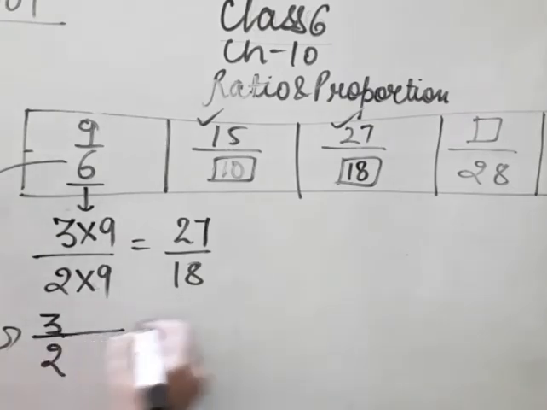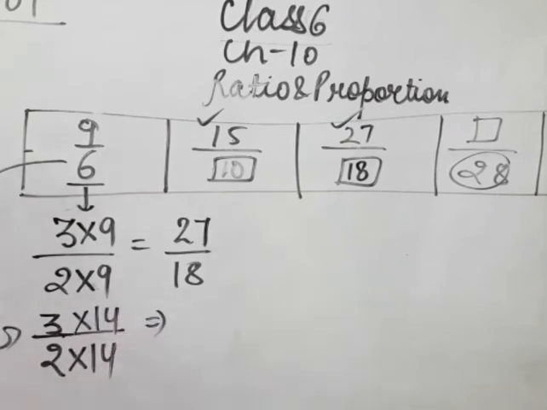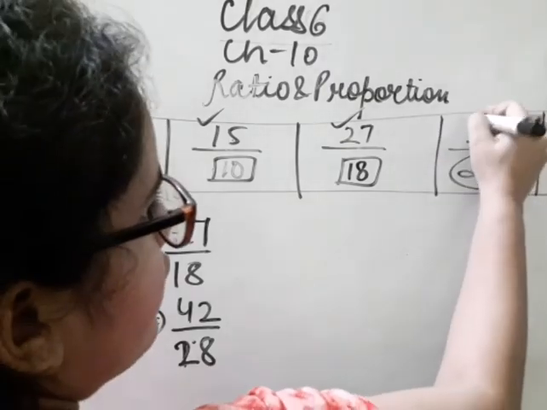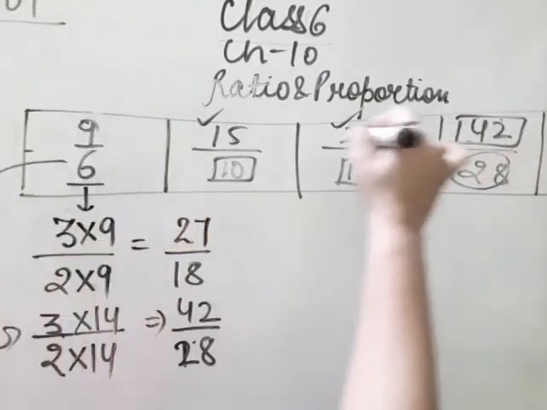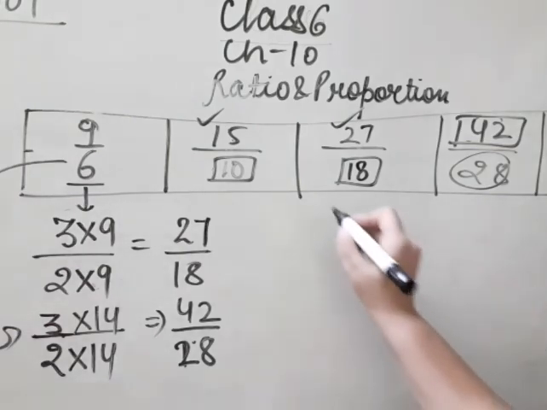अब अनफॉर्चुनेटली दिस इज गिवन टू यू. So when you multiply 2 with the table of 14, 2 into 14 will give you 28. So we are going to multiply with the table of 14 over here also. हम यहाँ भी 14 की टेबल से ही मल्टीप्लाई कर देंगे. So you will get 42. So 42 upon 28. So the answer over here will be 42. Okay. So now let's move to the third one.